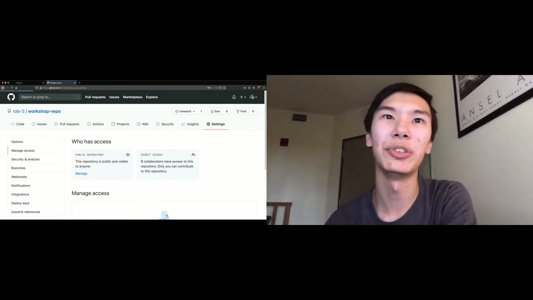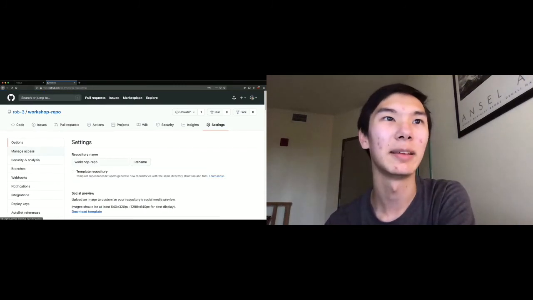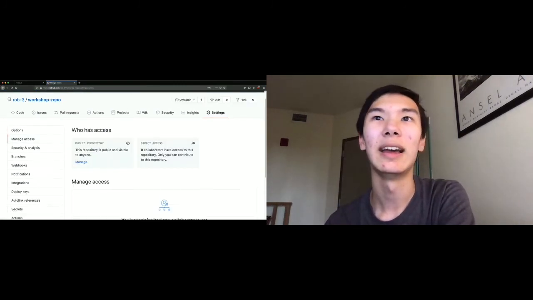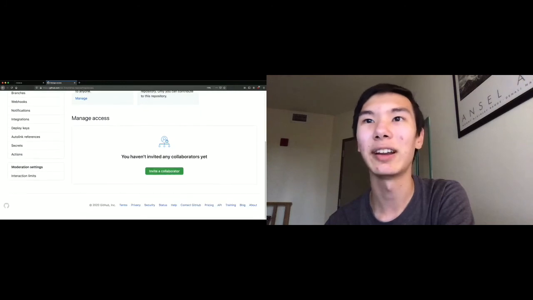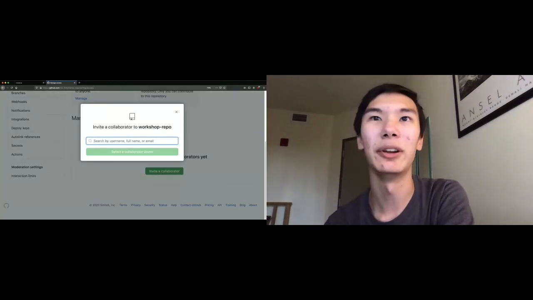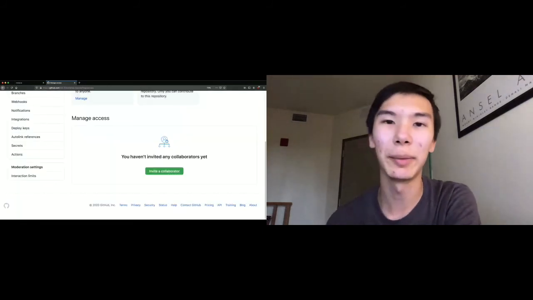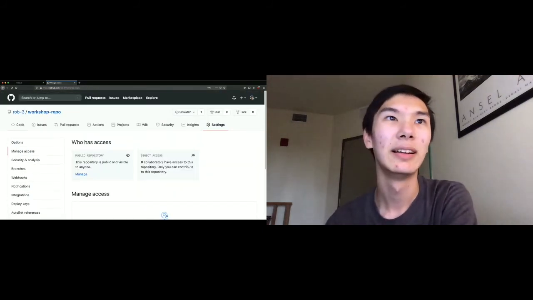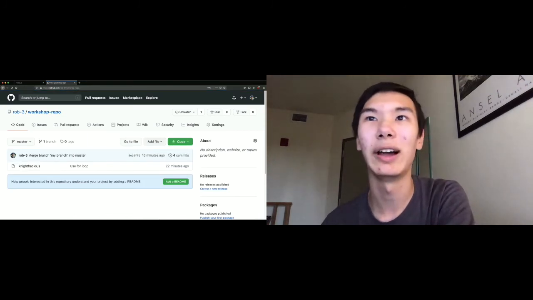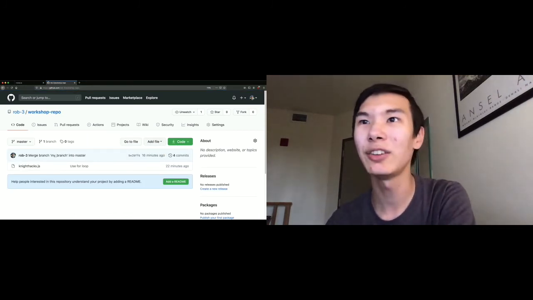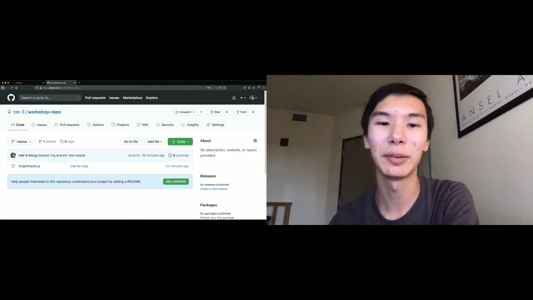But what you want to do is go to settings and then manage access. And here you can invite a collaborator. So you just type someone in by username, full name, or email. You can click that, and then they'll be able to commit to your repository as well. I don't have anyone lined up who's going to edit things, but what I can do to show you what it would look like if someone did edit is